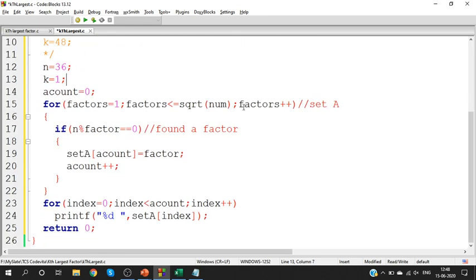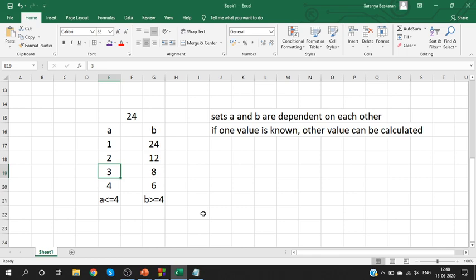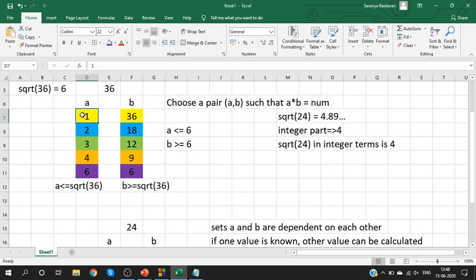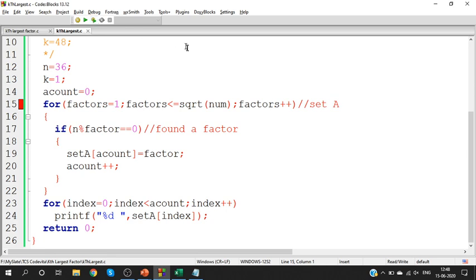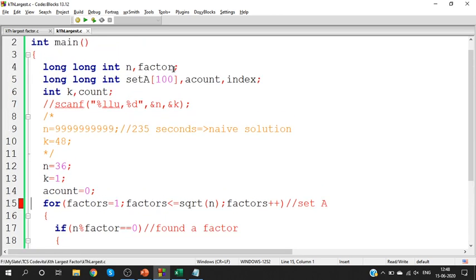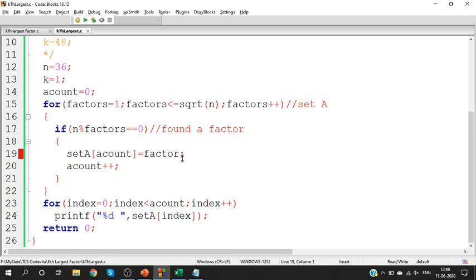Yes, what are we doing? We are printing all the factors in set A only. Yes, for 36, what are the factors in set A? For 36, 1, 2, 3, 4, 6 should be the output. Okay, so I'll calculate less than n. Okay, factor. Okay, I've declared a factor, factors. Sorry about that. Okay. Factors, I've just confused with the S. Don't bother.